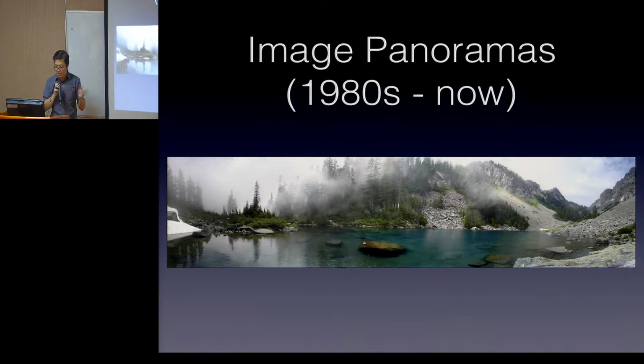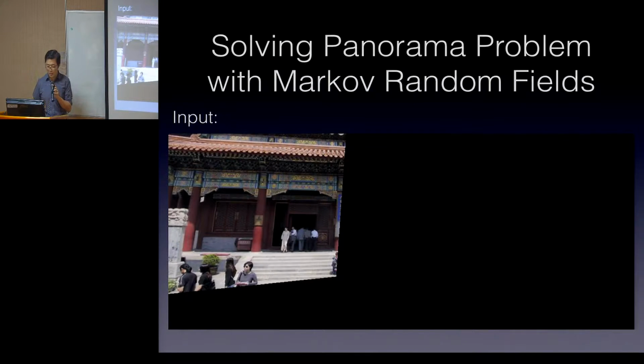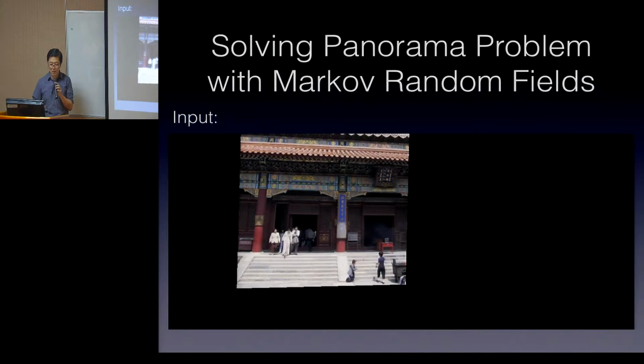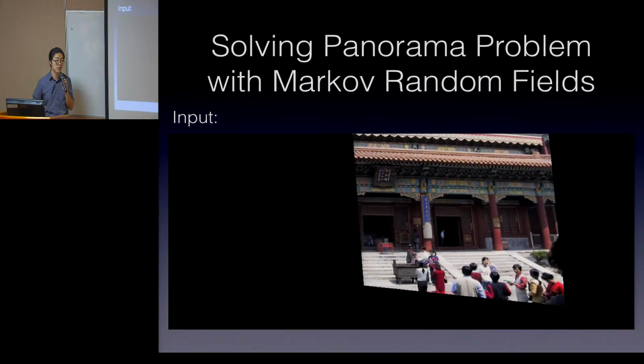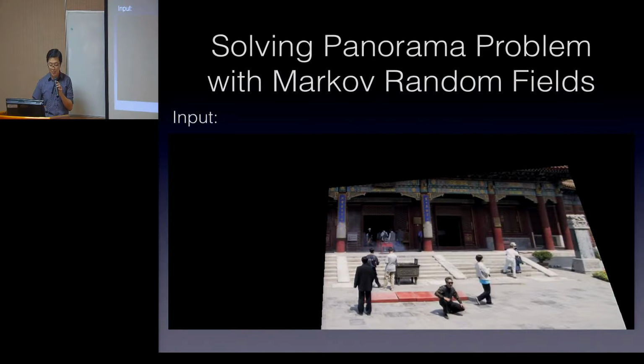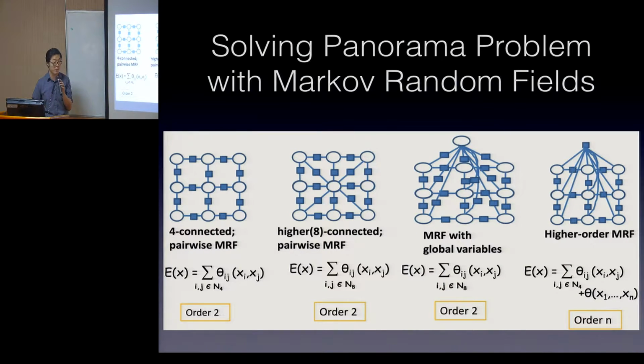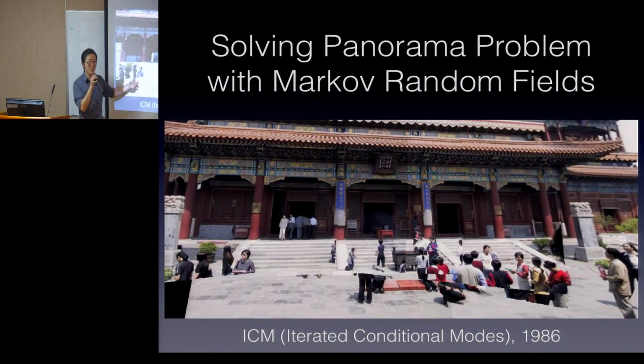With image panoramas, with those SIFT features, we're able to tell the relative positions from which these photos were taken. And then afterwards comes the challenging problem of putting them all together. I'm a little ashamed, but also not too ashamed, to tell you that this is what I spent most of my time doing during my graduate school career: Markov random fields. You come up with these very high-dimensional, complicated graphical models, and all you're trying to do is make sure that the things, this is one of the applications of course,